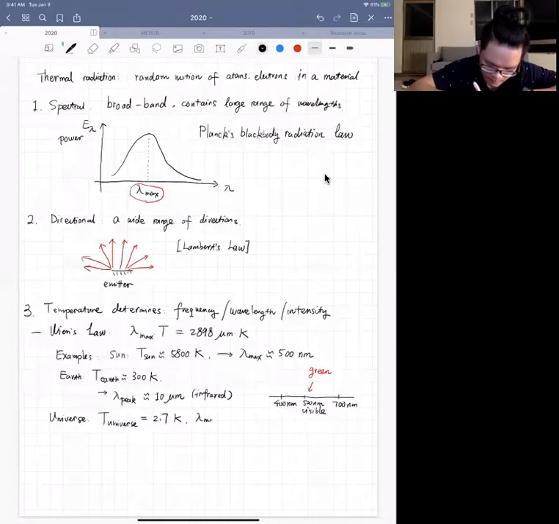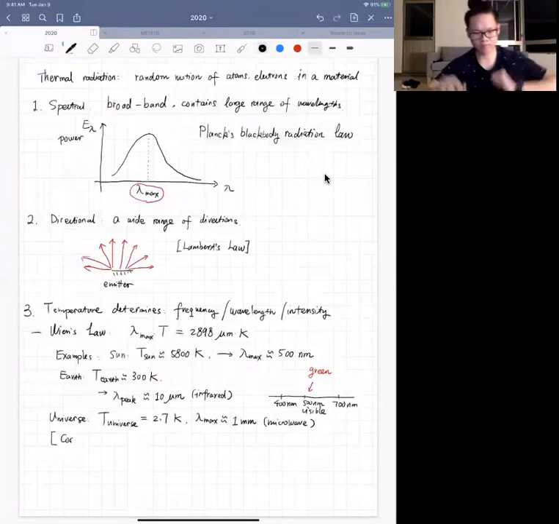In this case, lambda max, if you do the calculation, is about 1 millimeter, very long. So this is in the microwave range, but it's still a form of thermal radiation. It's actually the residue of the Big Bang, from the start of the universe. After everything expands and cools down, this is the background that's left behind. So it's a 2.7 Kelvin background. This has a name. It's called the cosmic microwave background,